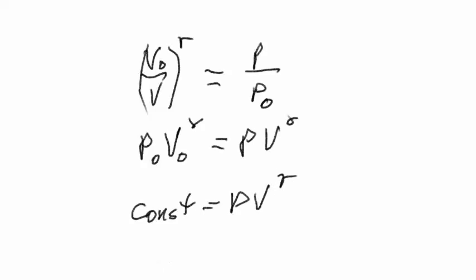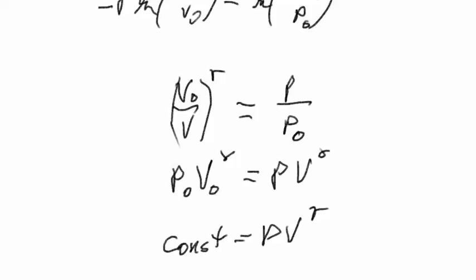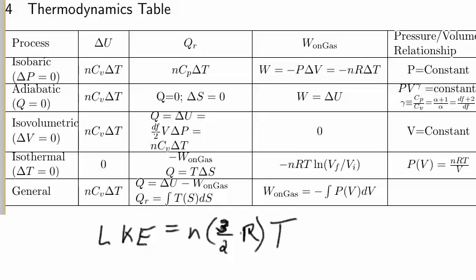So earlier, I made the statement that work was the negative integral of the pressure and that pressure was the negative derivative of the work. I'm not currently feeling like that's what I just did. I would say it works in 3 of the 4 cases. In the isobaric, where P is held constant, isovolumetric, where V is held constant, isothermal, where T is held constant, the work on the gas is the integral of the pressure, dV. But in the adiabatic situation, I'm not sure if that integral and derivative